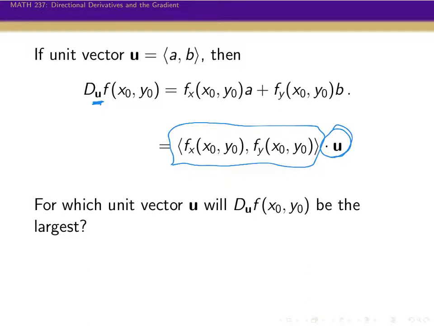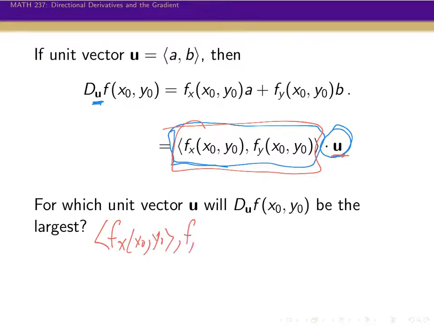Okay. What unit vector would we pick to make this as big as possible? Right? And so we're thinking about taking this vector right here, dotting it with another one. What direction do you pick to make the dot product as big as possible? And so we've talked about this, although it's been a number of videos ago, but just as a review back on properties of dot products, if we're taking this and dotting this with u,